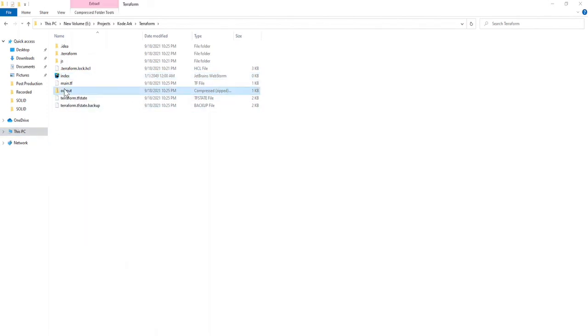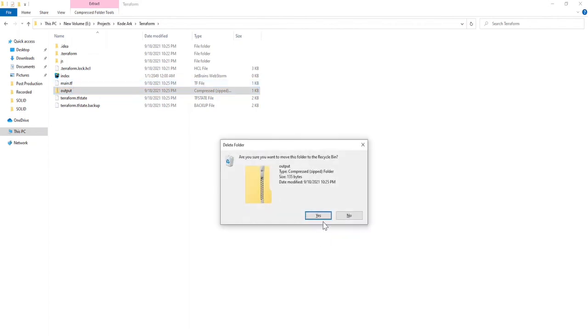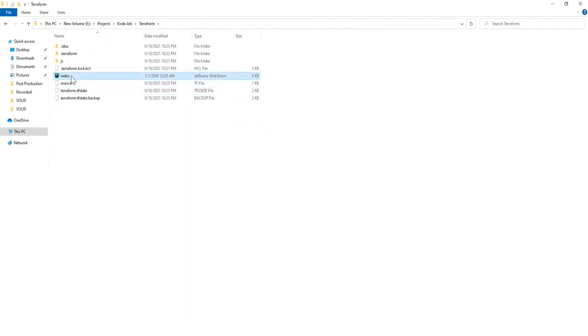So this way you can use the data, and we will discuss these data resources in detail when we start with the actual implementation of AWS. This is all for today.